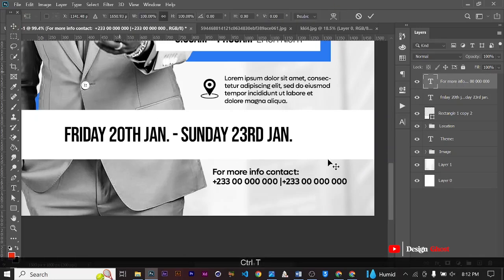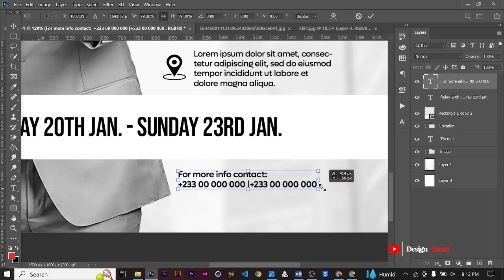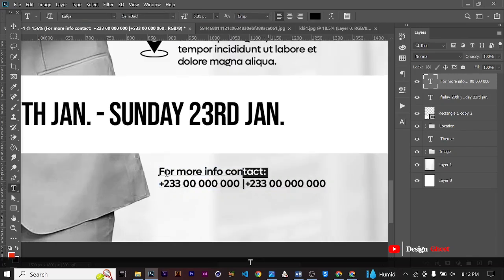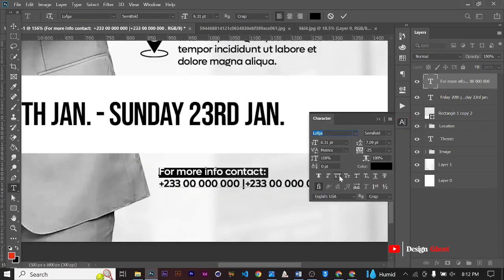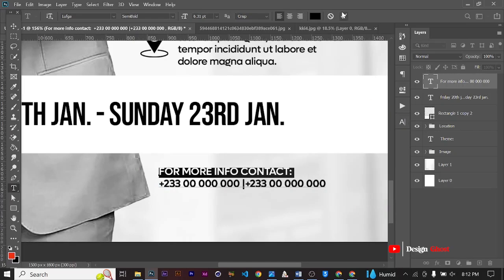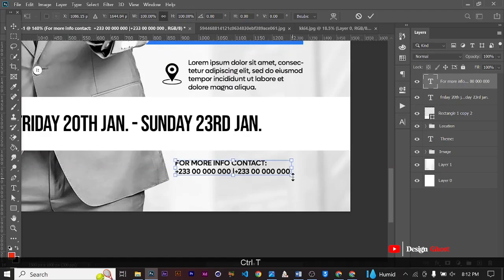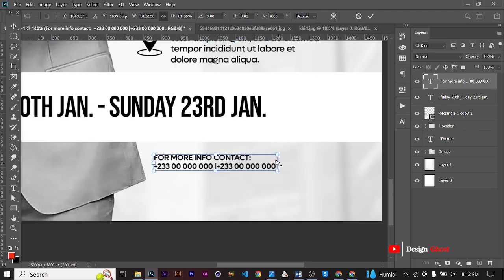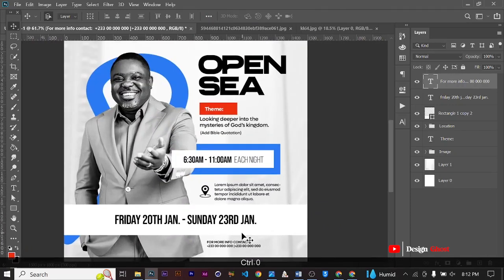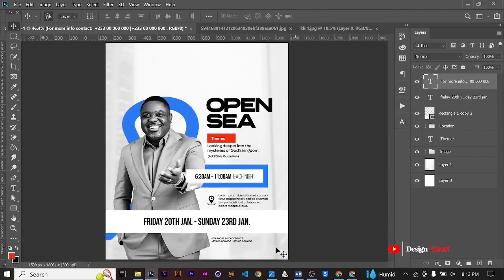I think that will be okay, so let me decrease it a bit and make this side an uppercase. I will decrease it a bit, and so because